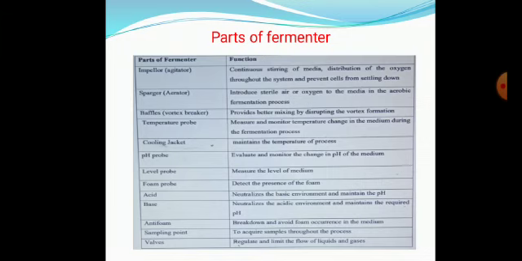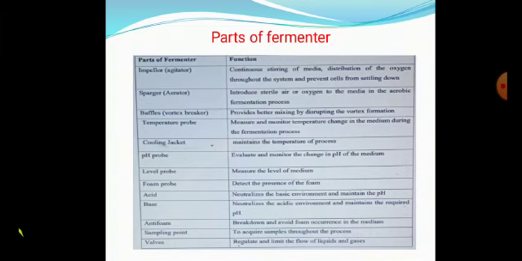And in this table, you can see the table shows you two columns. The first column is what particular component is connected to the fermenter, and the second column tells you why that particular component is connected to the fermenter. If it is visible to you clearly, you can see the most important things are given at the top, that is impellers. Impeller is a component which is entering into the fermenter. It is also called an agitator.